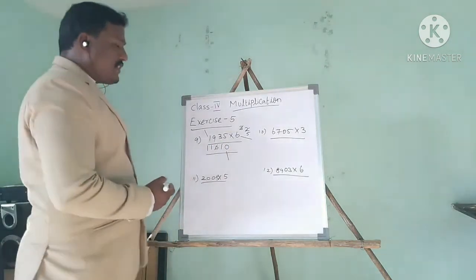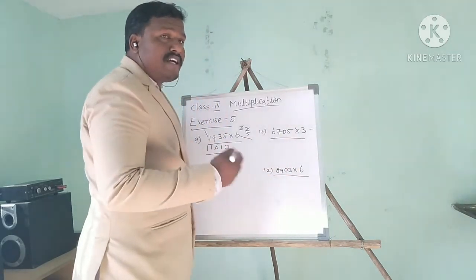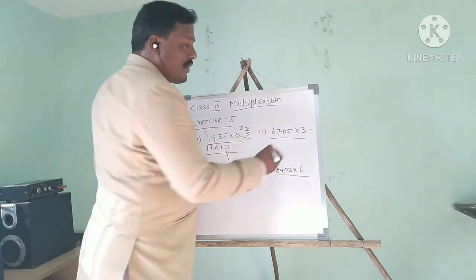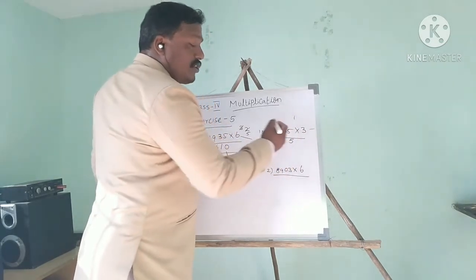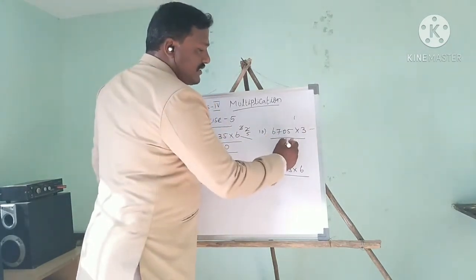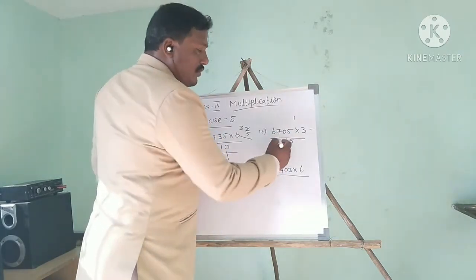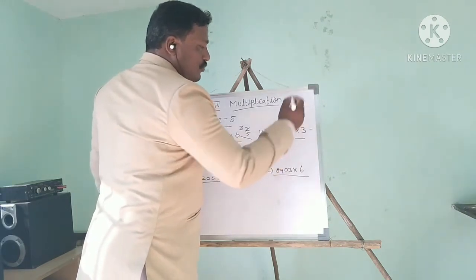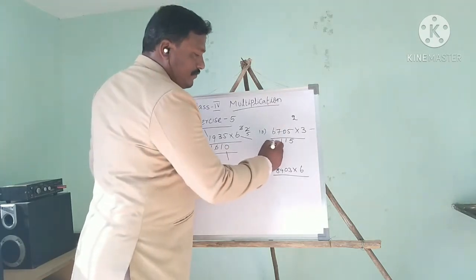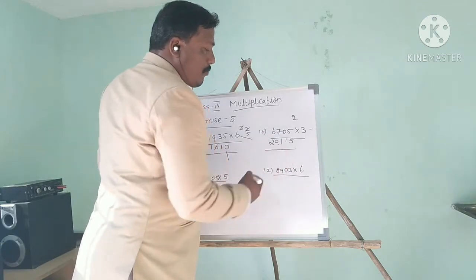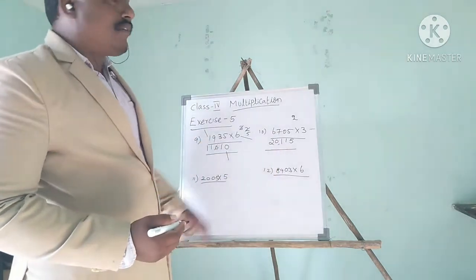We know it's a multiplicand, it's a multiplier, it's a product of the two numbers. Okay. Let me see the second, this one. So it's a multiplier, multiplicand. Now we want to find out the product of these two numbers. Okay. So 5 3s are 15. So remainder 1. So 3 0 0. So 1 we will write as it is. So 3 7s are 21. Okay, 3 7s are 21. So we will write 1, remainder 2. So 6 3s are 18. 18 plus 2, 20. So this is the product of the given numbers. 20,115 is the product of the given numbers.